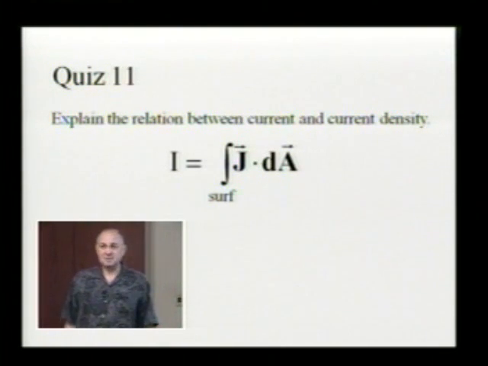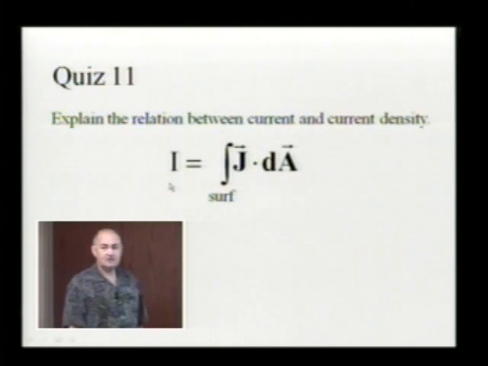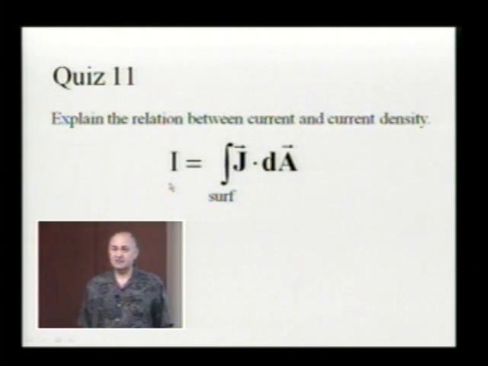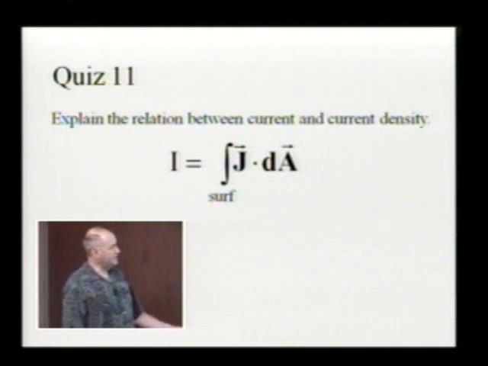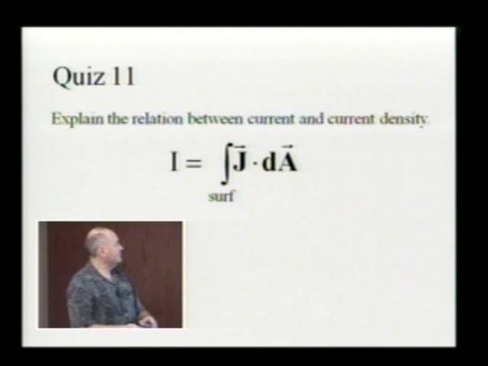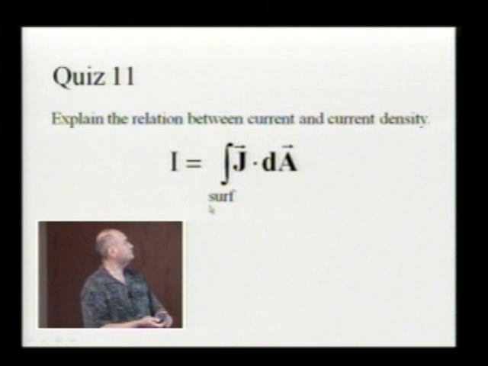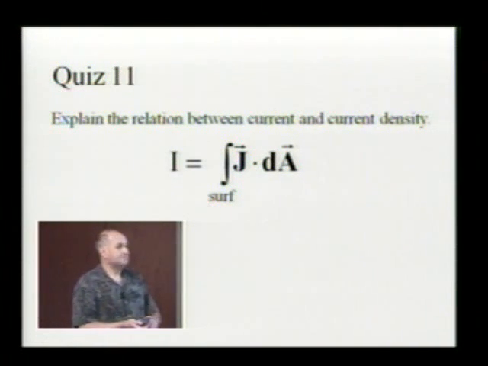So whenever we speak about current, it is always across a surface. So current, or through a surface. So current through a surface is equal to the flux of current density over the same surface. Right. Now,